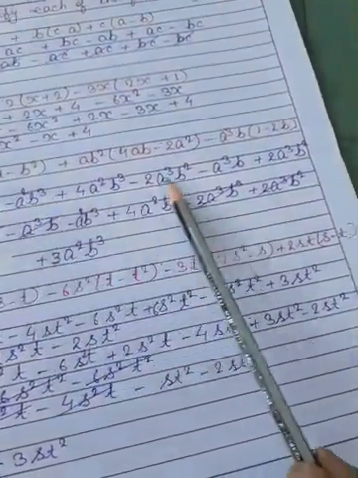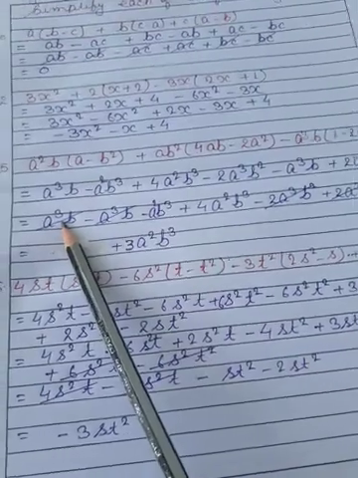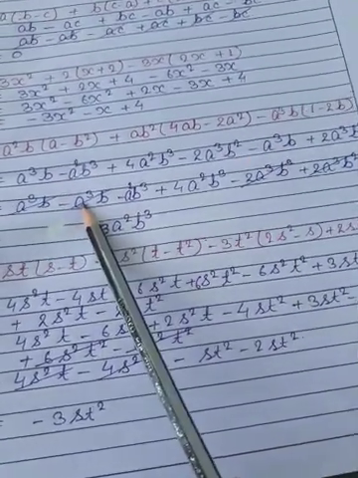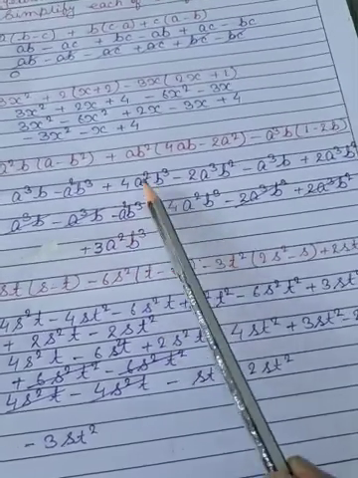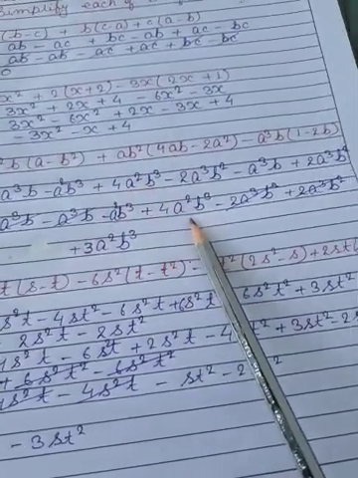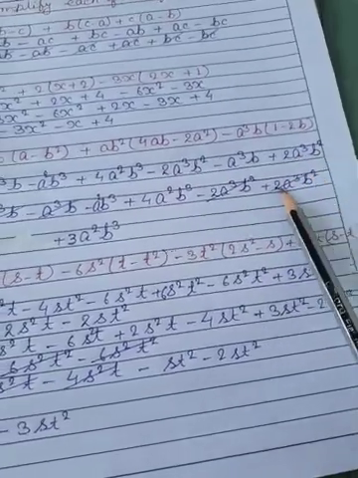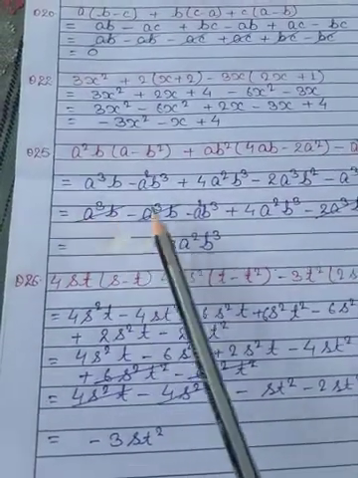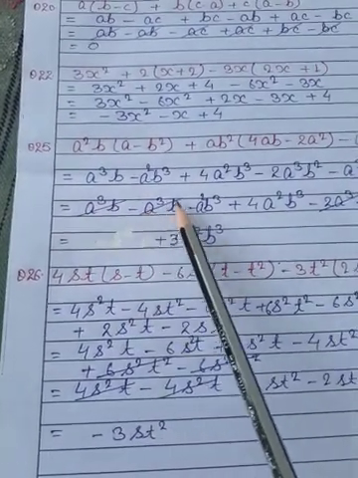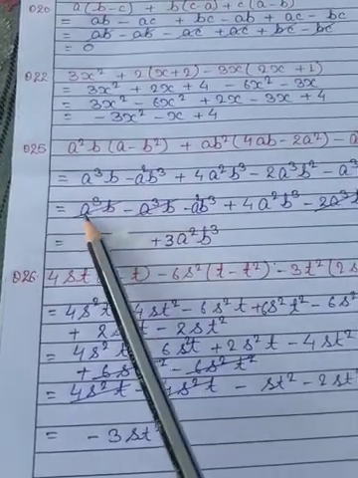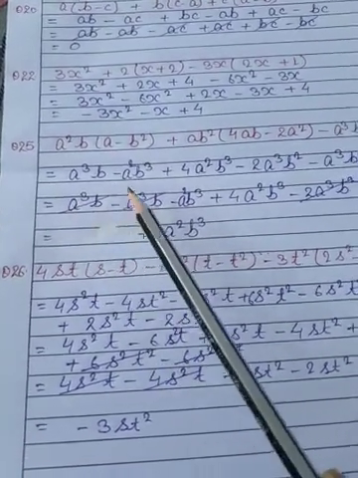Now after solving the brackets, again we will arrange the like terms. So a cube b, now here minus a cube b, minus a square b cube, again here we have plus 4a square b cube, now minus 2a cube b square plus 2a cube b square. So again these two will solve because these two are like terms. So a cube b minus a cube b, both are the same, so a cube b minus a cube b will become 0. Whenever 0 is there, we will cut like this.